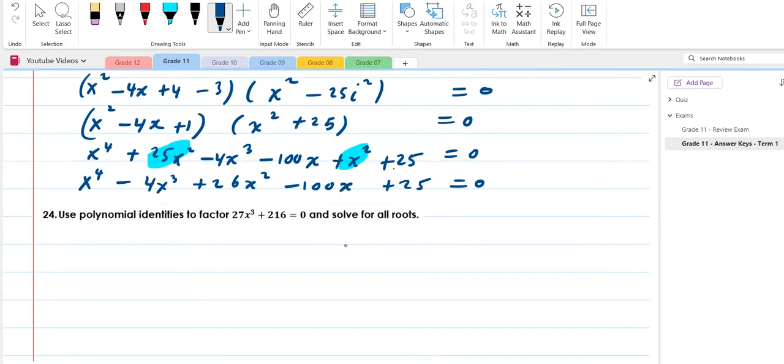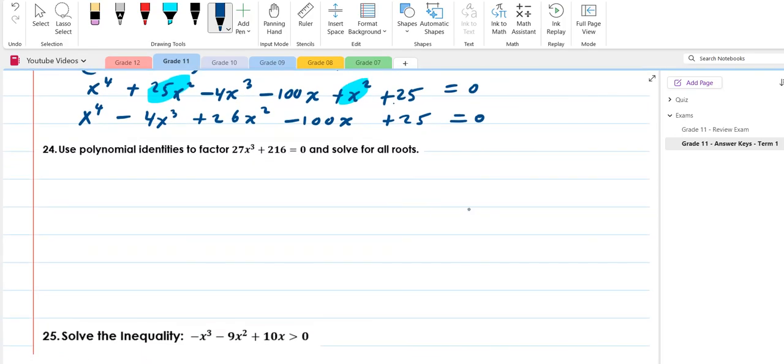Next one, use polynomial identities to factor and solve for all the roots. Because we need to solve for all the roots is something similar to what we have done before as well. This is the sum and difference of two cubes. This is the sum of two cubes. So the cube root of 27 is 3. The cube root of x cubed is x. The cube root of 216 is 6. So we got this. The second bracket will be,